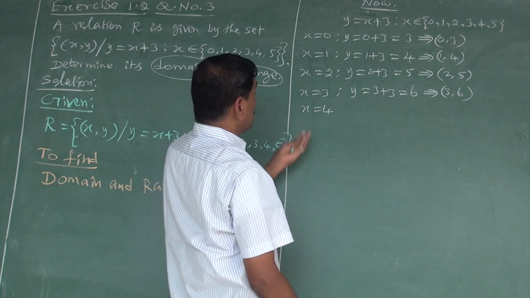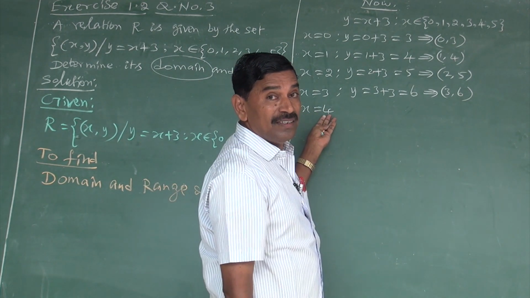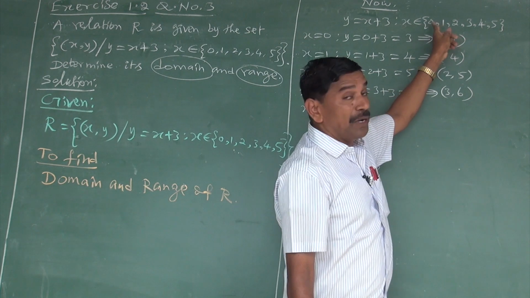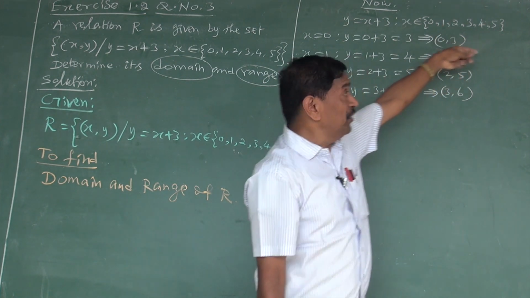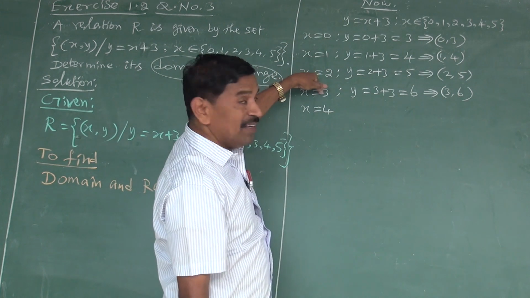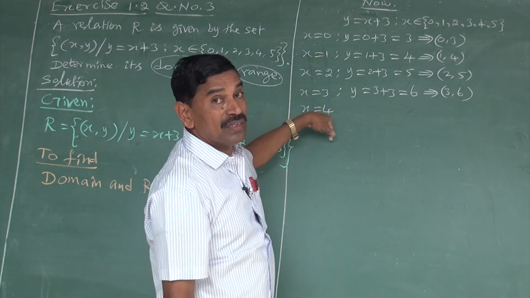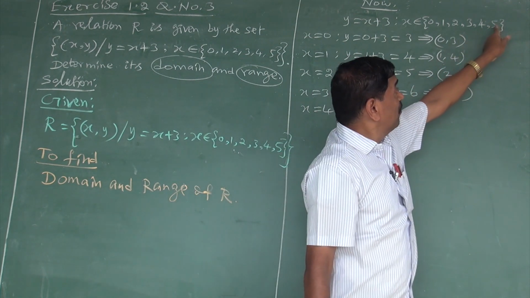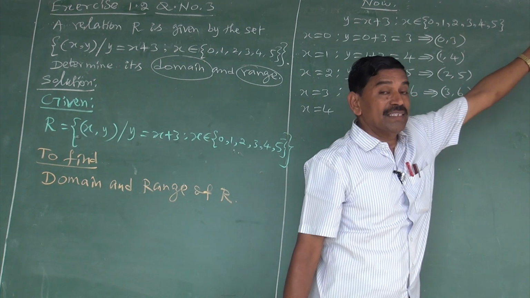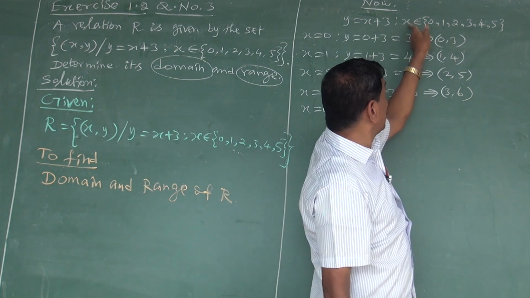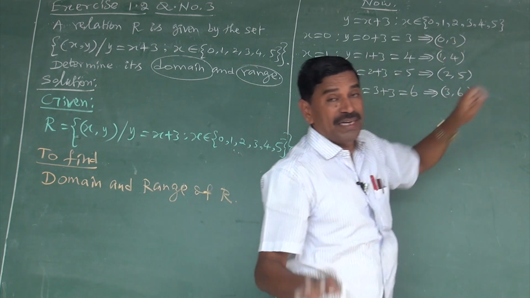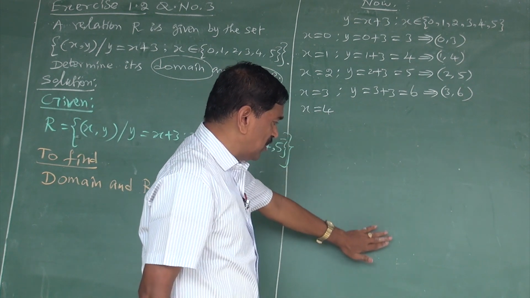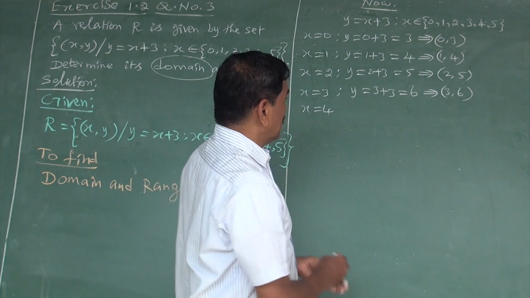When x equal to 4, is it possible or not? Yes, possible. Because x can take the values from 0 to 5. Until now we substituted 0 to 3, so we can substitute 2 more numbers: when x equal to 4 and x equal to 5. When x equal to 6, 7, 8, etc. it is not possible because of this condition. Here x can take the values 0 to 5 only. That is very important. You don't substitute blindly x equal to 6, 10, 100 likewise.